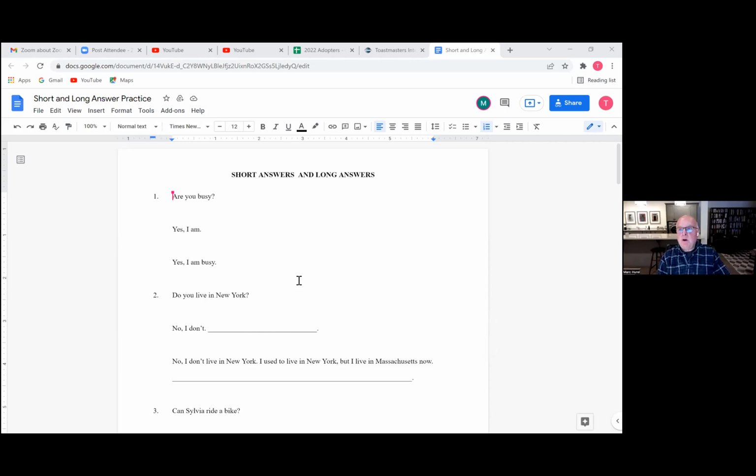Okay, so now what's happened is we both have that document, which lives up in the cloud somewhere in the internet. We both have it open on our screen. We both have it shared so that while on Zoom and looking at our learner in a window on the right side of the screen, we have the document open. And so if I wanted to, if I type in the document,